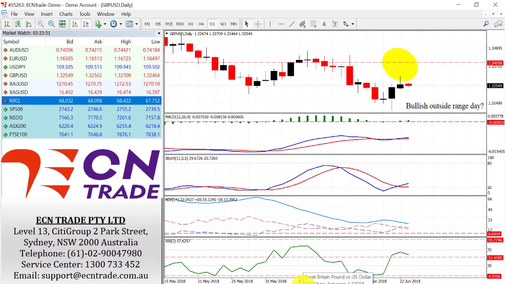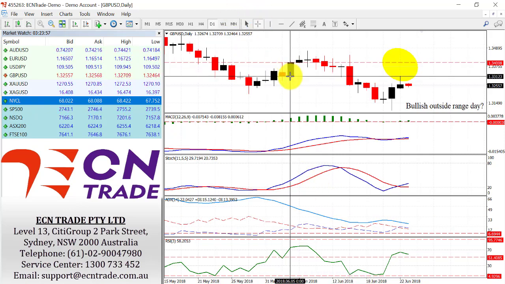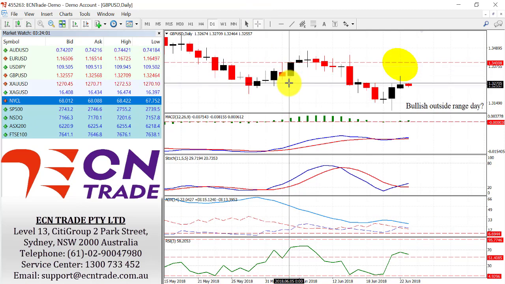Well, the bullish outside range day for the sterling did slightly increase on Friday, but it did snap to the upside and failed to sustain towards 133.12 after posting that high. It did drop back slightly towards the 132.5 region. The bullish outside range day is still intact, so therefore I do expect to see further tests up, but towards 133.60 may be a struggle.